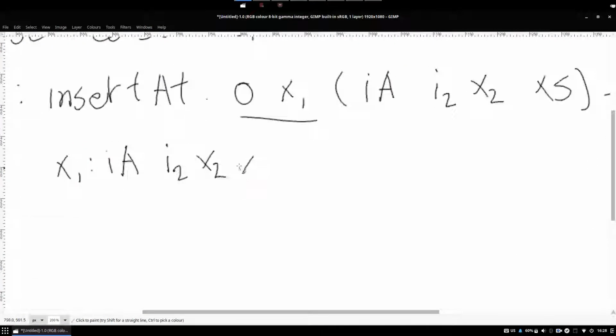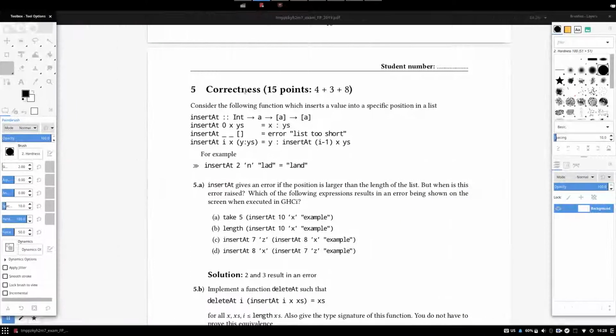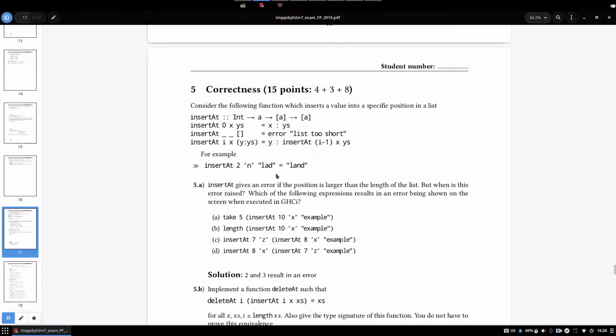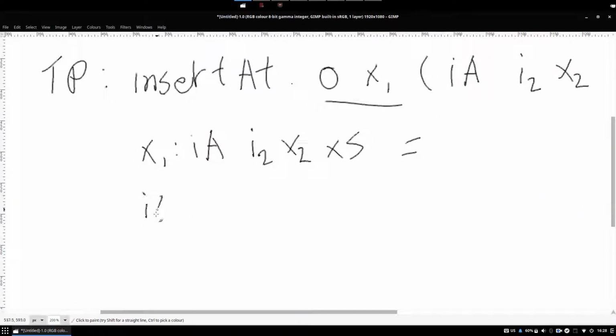Oh, then we're already there, you see. This is the same as doing it the other way around. So you take this one and you go back one, so you add 1 to I, basically. So then it becomes IA of I2 plus 1 of x2